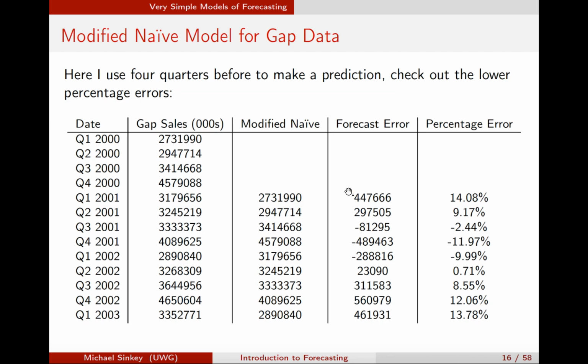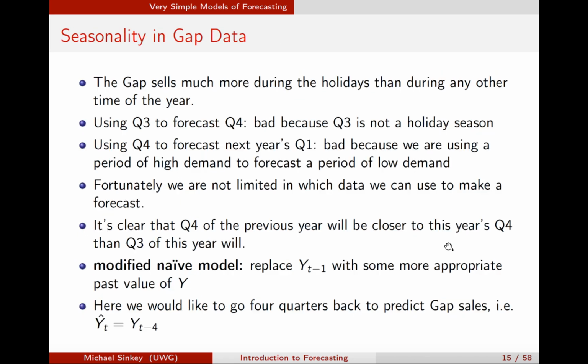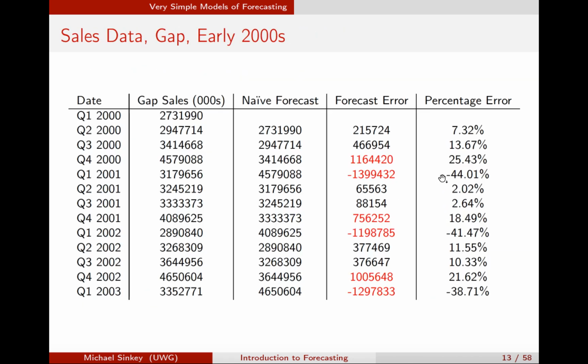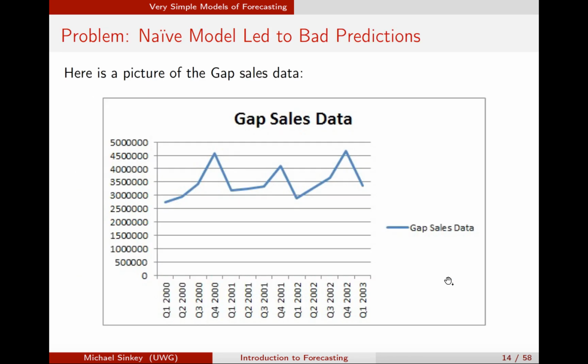And now with the modified naive model, you are going to be unable to make as many forecasts as you would for the naive model, but maybe that doesn't matter. So what's worse, no forecast or a bad forecast? Well, that's debatable. Probably no forecast is better than a bad one. We're making better quality forecasts. If you look at these percent errors all the way through here, they're much smaller percent errors,